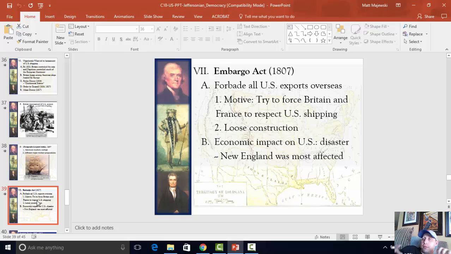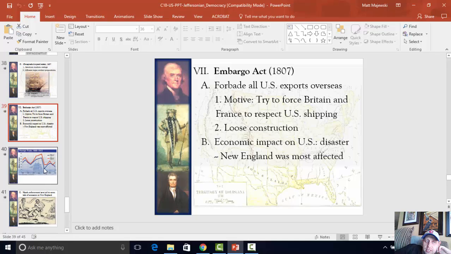We basically build these products, but we intentionally do not ship them overseas. So we have these huge stockpiles of products that just build up on our docks and in our warehouses that we never tried to sell because of this embargo. So the federal government refuses to legally allow people to sell their goods overseas, which means we have no overseas trade during this era, which is a disaster to our economy and sinks us into a depression, the Panic of 1807.